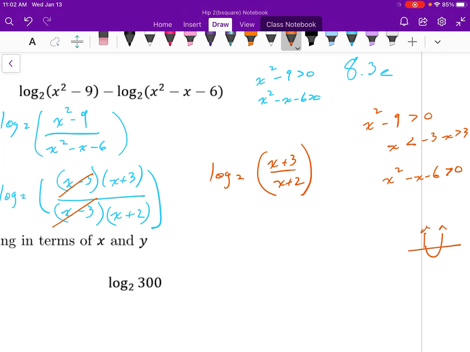Well, I'm just going to make a quick sketch of this graph to help me out. You could do it with inequalities too, and I notice that I have 2 zeros for this, and you could factor it and figure it out. I have 2 zeros, one at negative 2 and one at negative 3. So I get the restrictions that x